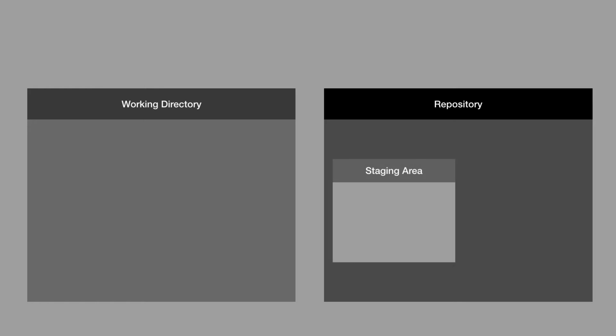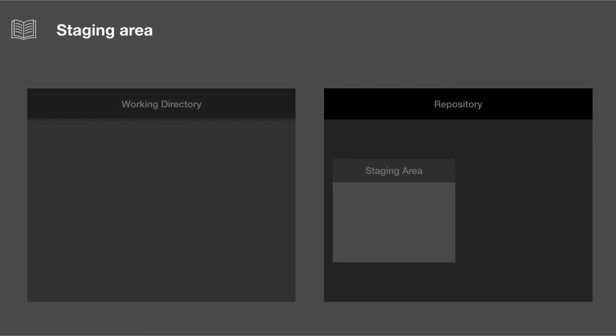On the other hand, our .git folder represents our repository, and I want to introduce two places within the repository. First is the staging area. So the staging area is sort of like a rough draft space. Whenever you're done working on a file in your working directory, you want to add it to your staging area,